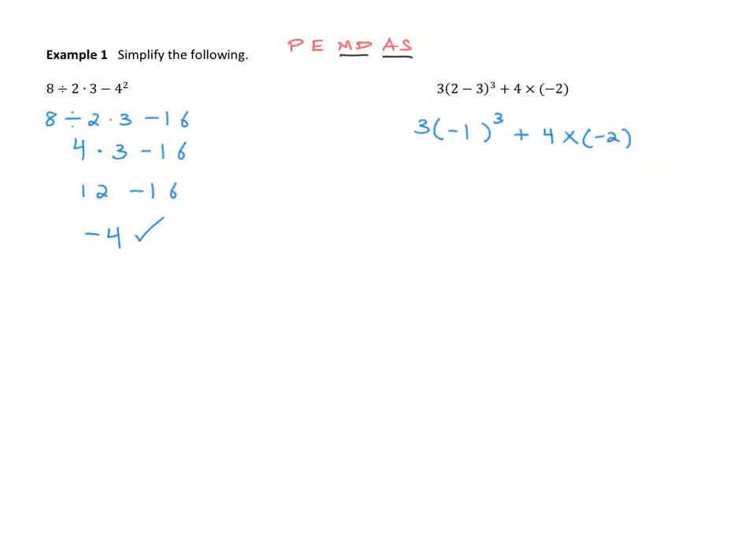So I'll write that down. This is really just 3 times negative 1. I mean, it doesn't look like much change from here to here, but it did. Cubing this negative 1 gave us a result of negative 1. I would then add, okay, I have multiplication, which I'll do next, 4 times negative 2. So the product of a positive and negative number is negative, and 4 times 2 is 8. Okay, next I have multiplication. 3 times negative 1 is negative 3,